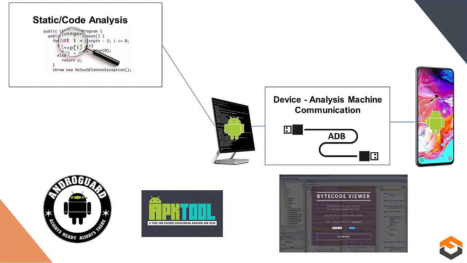APK Tool is a tool for reverse engineering third-party, closed, binary Android apps. It can decode resources to their nearly original form and rebuild them after making some modifications. It also makes working with an app easier because of the project-like file structure and automation of some repetitive tasks